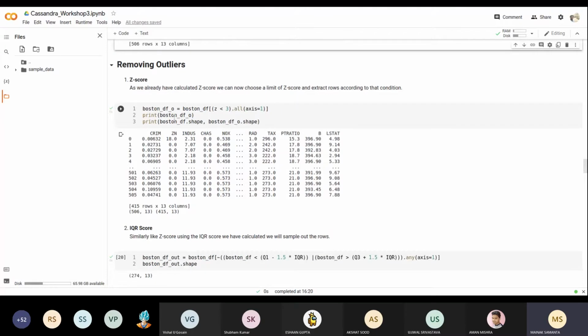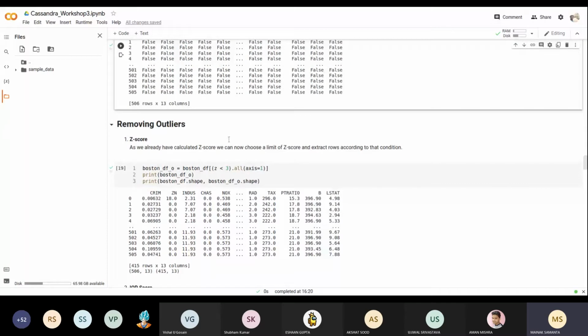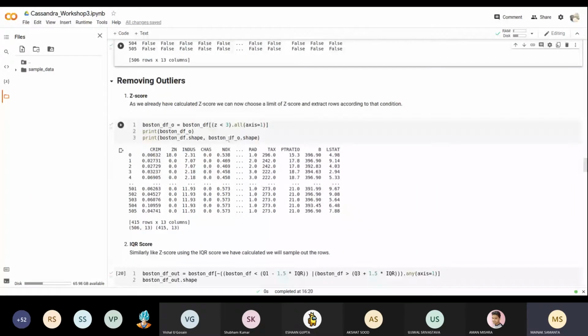So now these are all the methods of detecting outliers. Now how to remove outliers. We have already found the Z score. Then according to the Z score, we just sample out the rows from the data set. So this is how we sample out the rows.